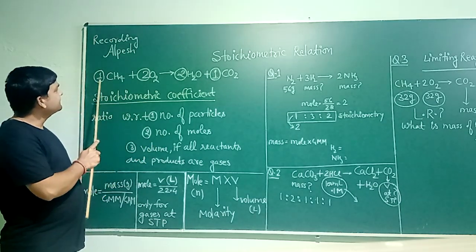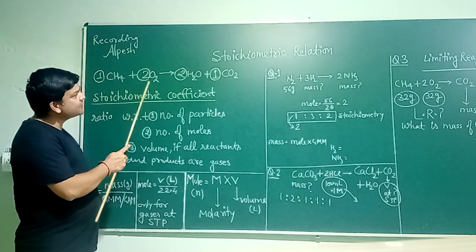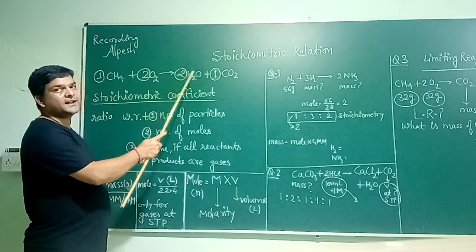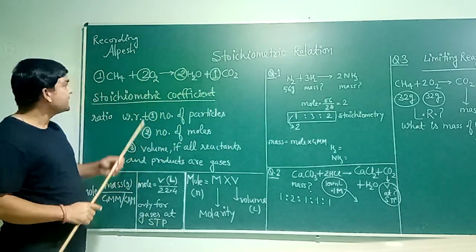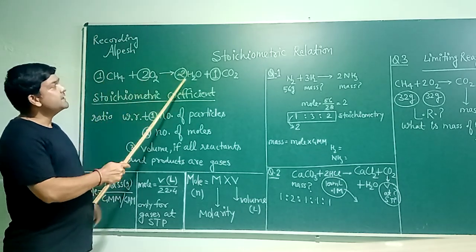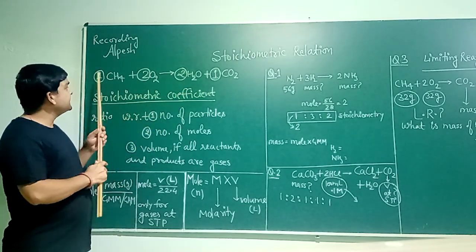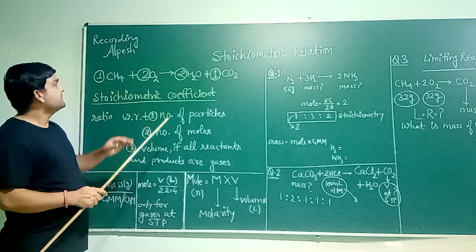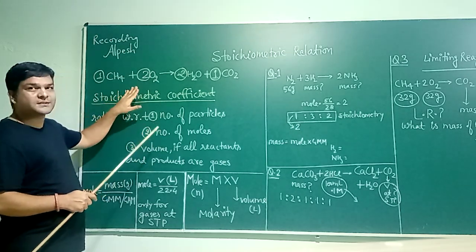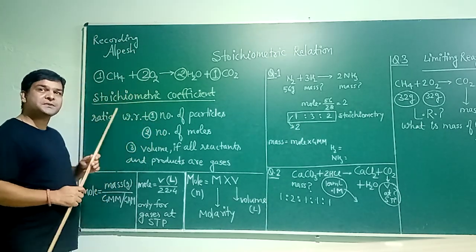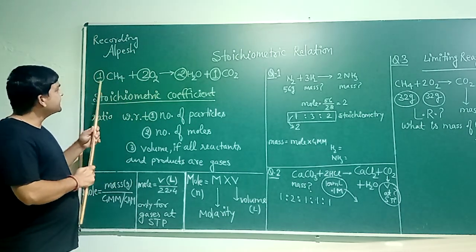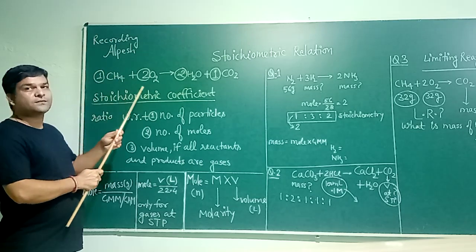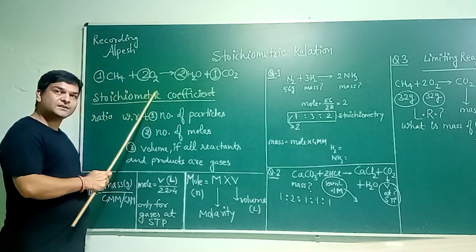So I repeat, 1 mole reacts with 2 moles to form 2 moles and 1 mole of water and carbon dioxide respectively. Now this ratio never gets changed. It depends on the balanced chemical equation, but suppose we are talking about this particular reaction, combustion of methane, the ratio never gets changed. Whenever 1 mole of methane reacts, we always require 2 moles of oxygen.